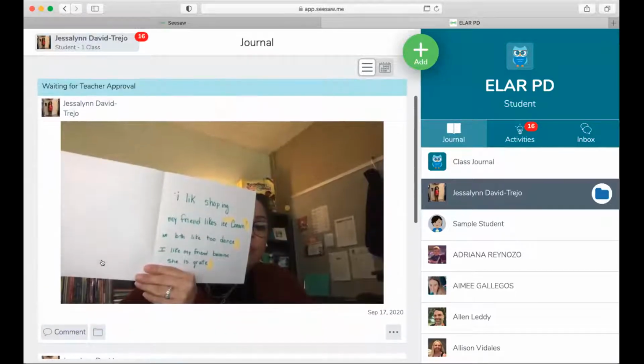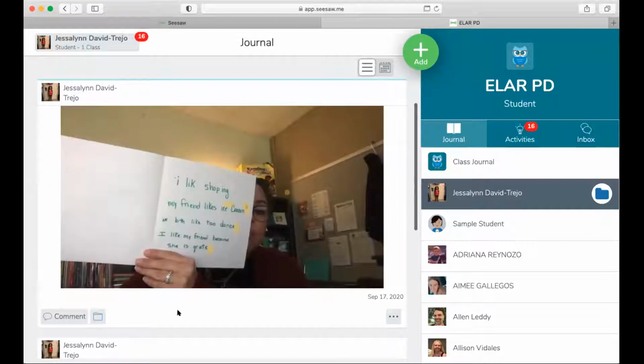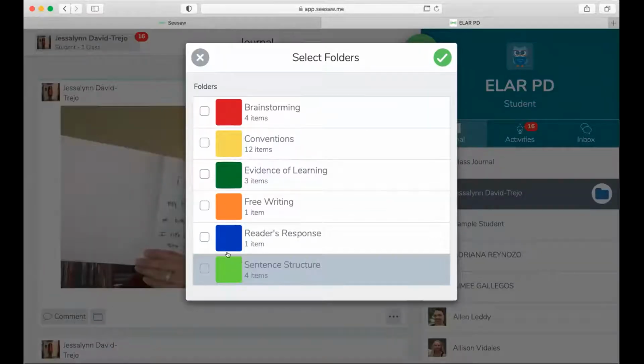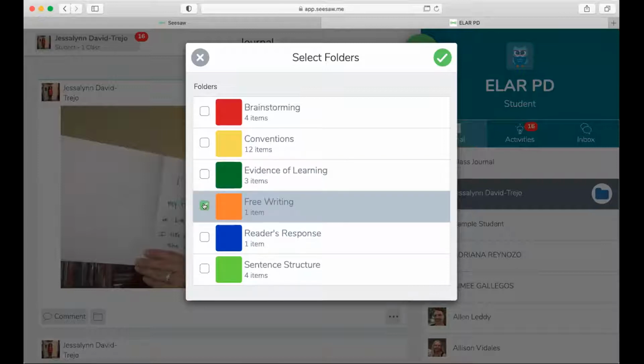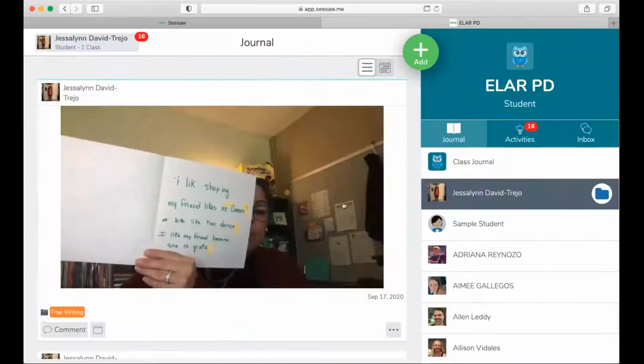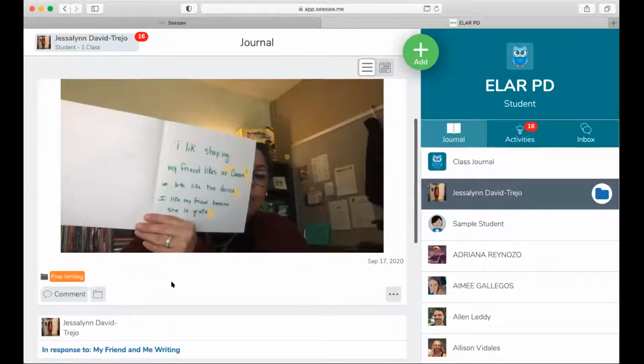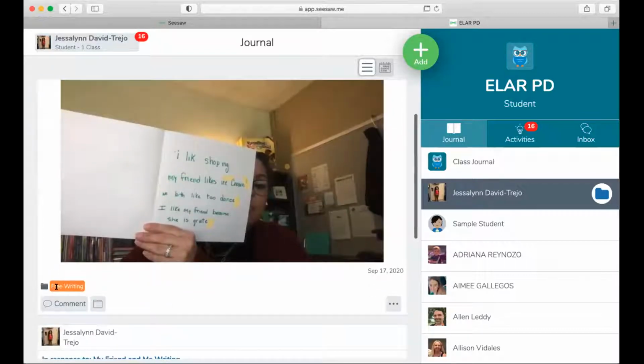Now, notice that there's no labeling in their tab, right? So this is free writing. I'm going to come here to my folder, and I'm going to tab it and put it in the right folder. These are the folders that my teacher put for me. So I'm going to say, oh, that's a free writing sample. I'm going to hit that free writing, and then it's there tabbed, okay? This is really neat because then the students can identify which part of the journal it goes to.